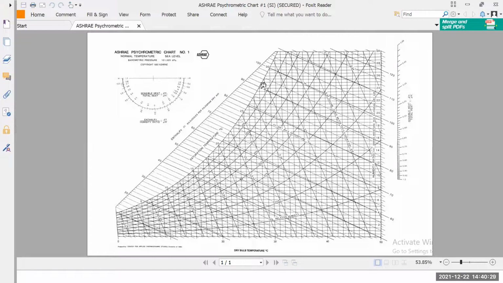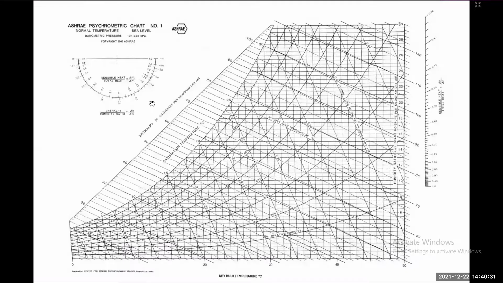All right, so this is a full screen I have taken. This is the actual psychrometric chart provided by ASHRAE, right? This is available for only this pressure, 101.325. Here, if you can follow this hand symbol, I will show you. The abscissa will contain the DBT values. The ordinate will contain the specific humidity values.